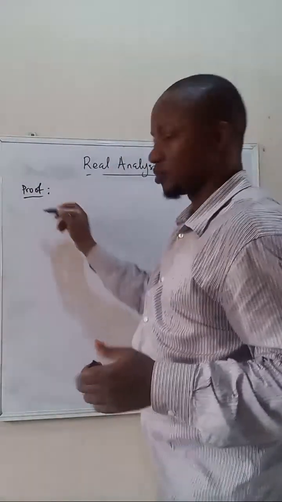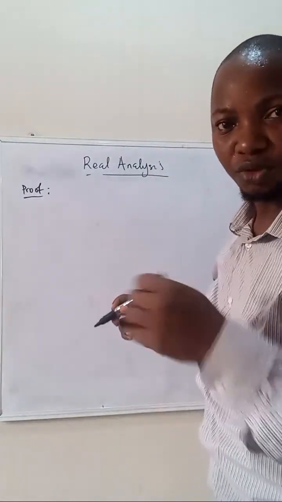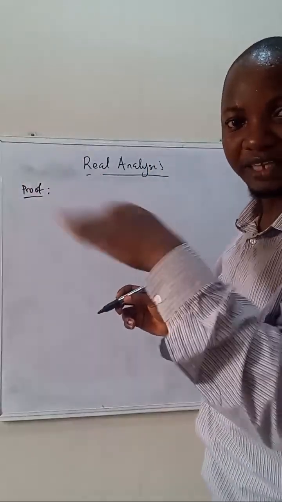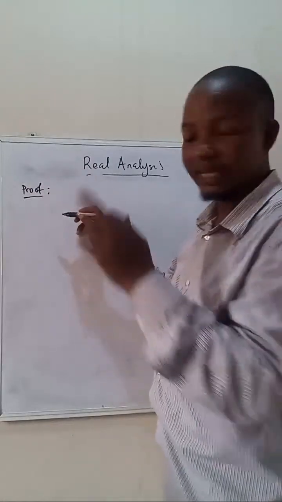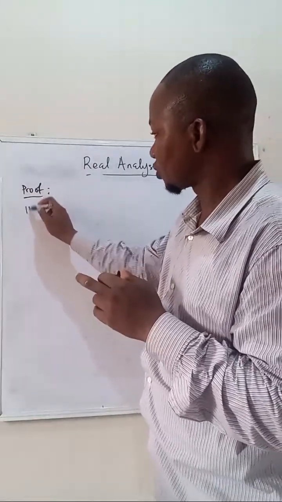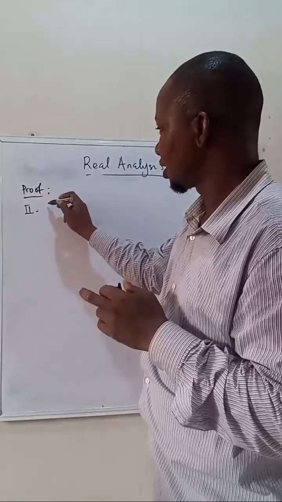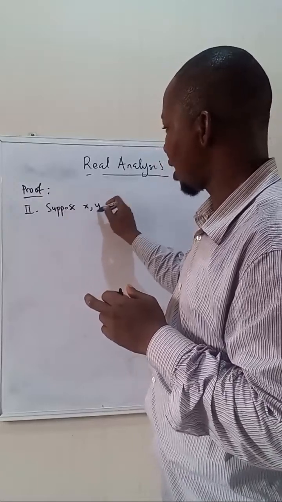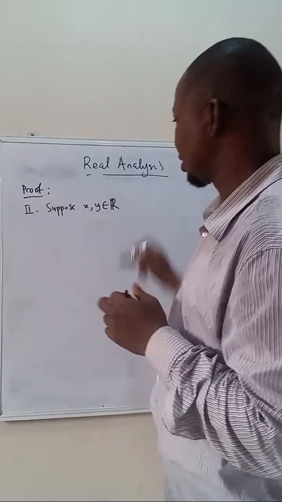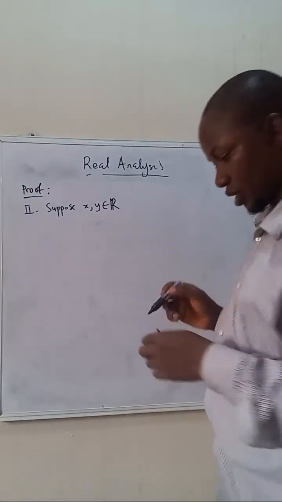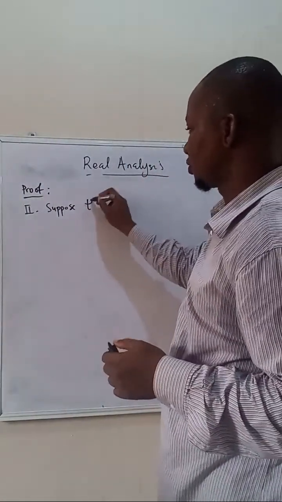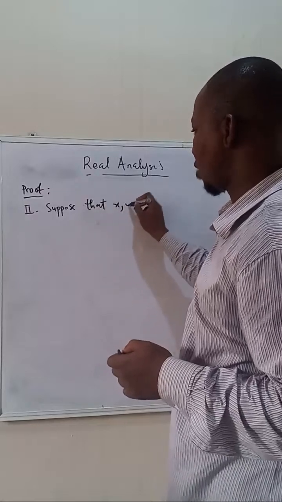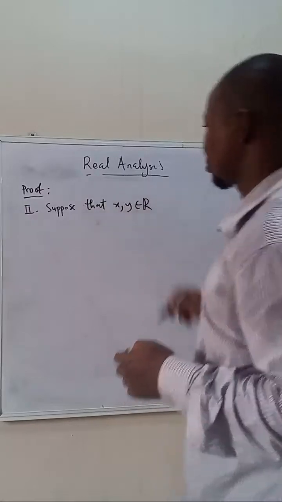So now, I will be starting from property 2 because the first part there is obvious. That's one. So property 2 now says, now suppose x comma y is a null. Okay. Let me complete the statement. Suppose that x comma y is a null.